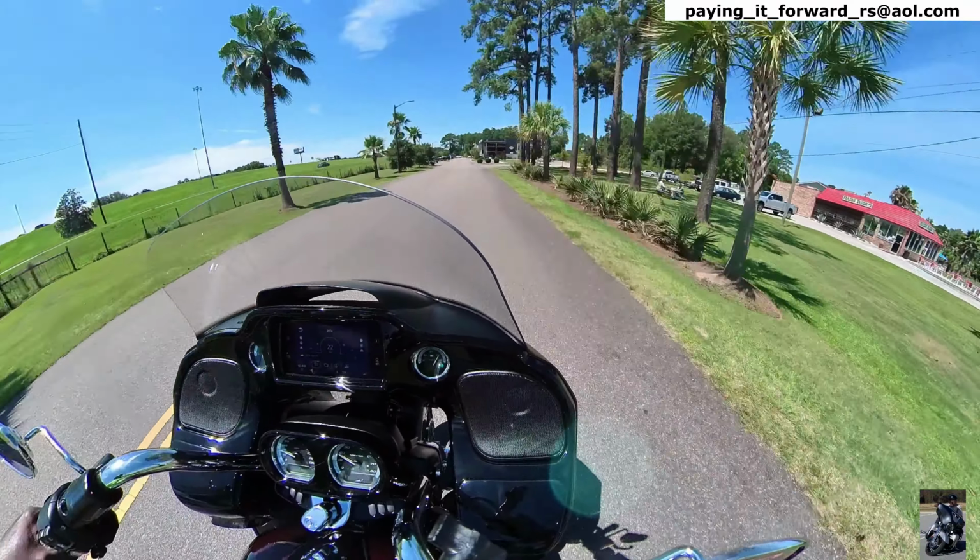All right. So, what do I think about it? I like it. The only thing I don't like is the way it looks. However, the CVO model in this, that orange and black one, yeah, I'm not going to tell you guys that I wouldn't have purchased that if it was here, because I like the way that one looks. You know, it's got the bigger wheel. It's the way the spokes look. It wouldn't be fun cleaning those, but